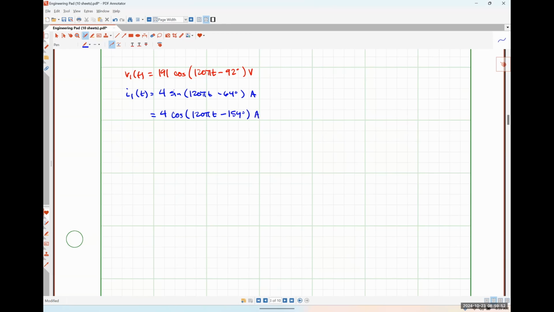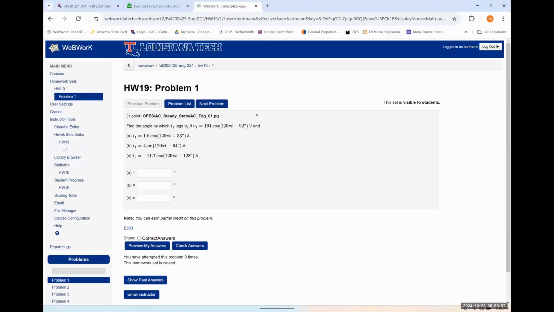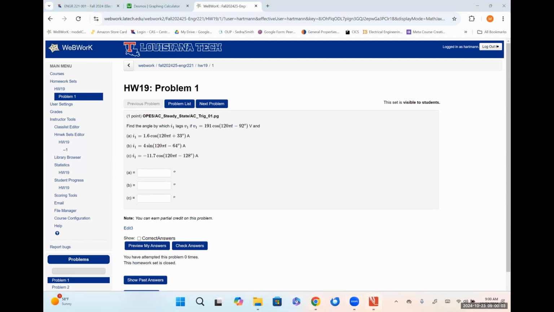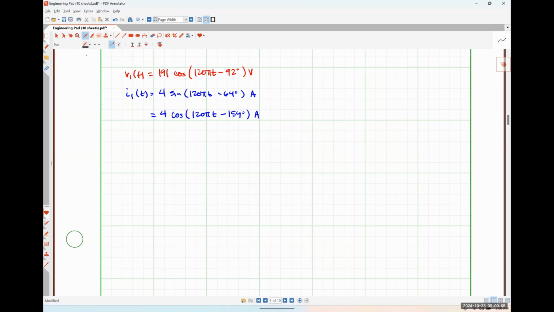So those are our two signals. The question that we are asked, to be clear here, is find the angle by which I1 lags V1. So